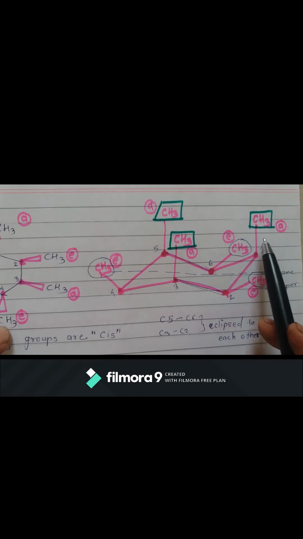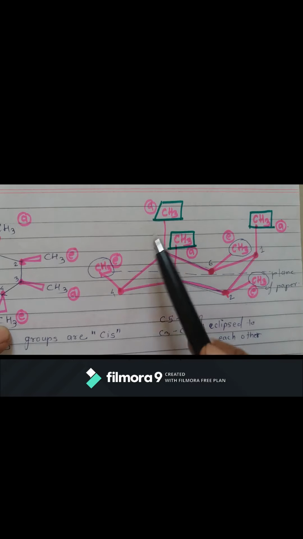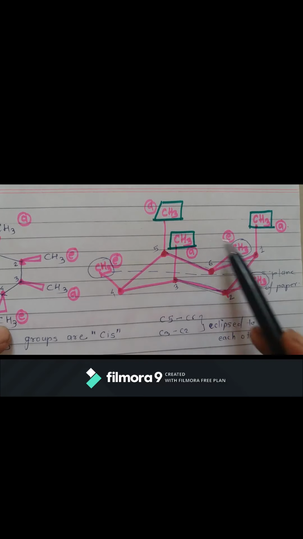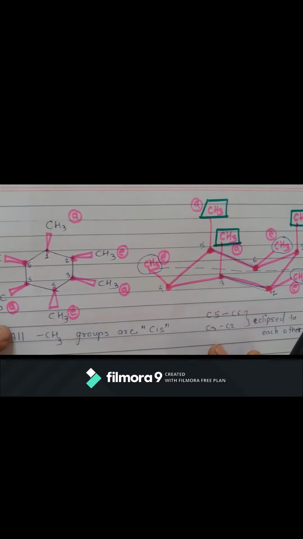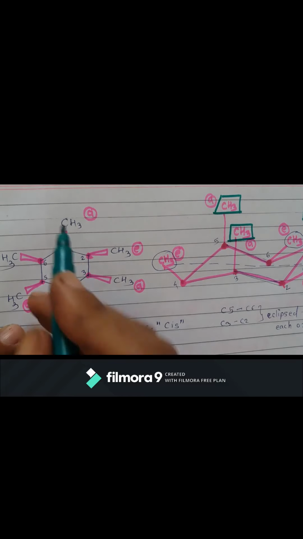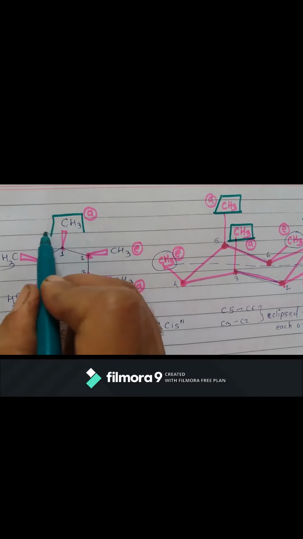So in all, all six methyl groups are cis to each other, but out of them three methyl groups are axial and the remaining three methyl groups are equatorial. So here also you can say three axial methyl groups,